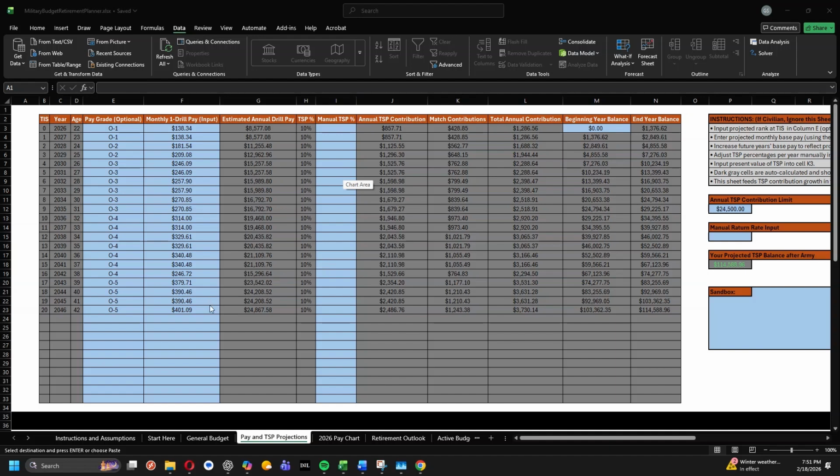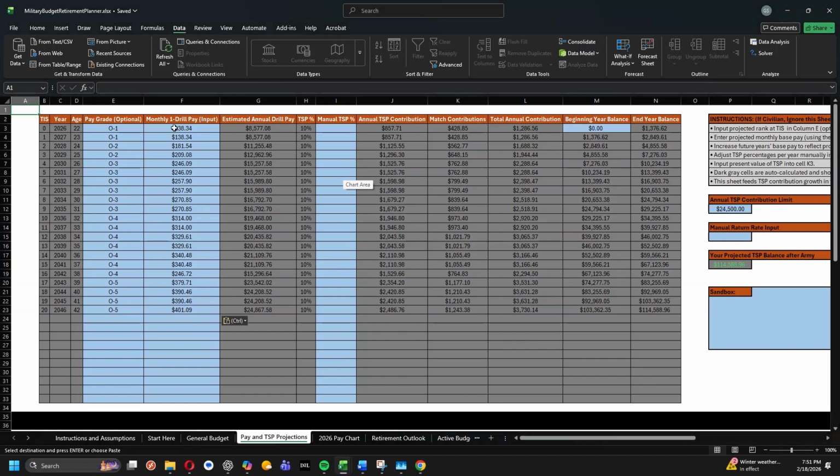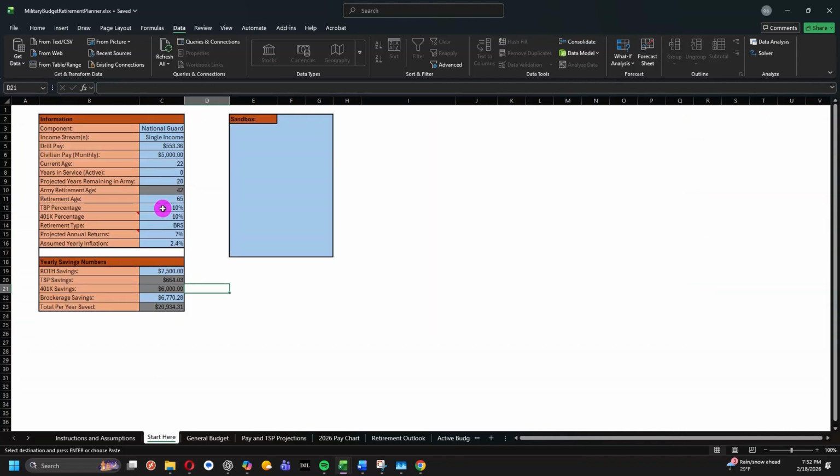So this is what it would look like if you take the same officers, but on the guard side, and completed it with your one drill pay. Now, if you guys have the availability to, since the guard is a part-time job unless you're on orders, I would recommend bumping this number up if you have the budget. So if you wanted to put your TSP percentage all the way up to a good chunk of it,